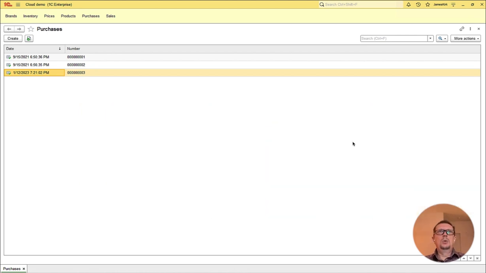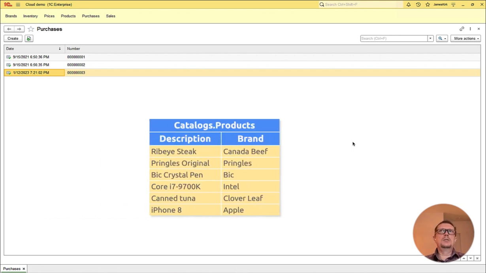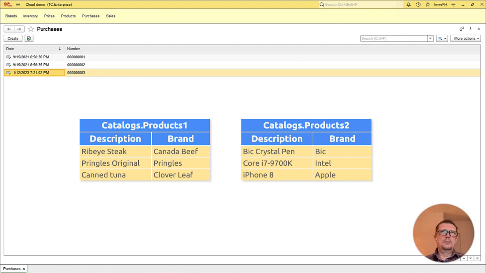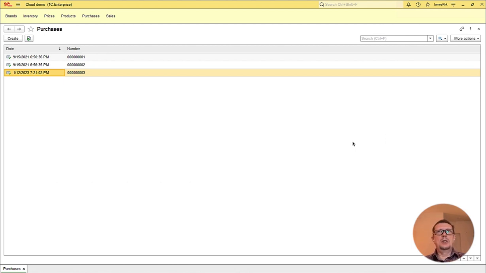For example, we have our products catalog, and we could split different tenants into different tables. And one tenant's products will be stored in table products 1, and second tenant's will be stored in table products 2, and so on.